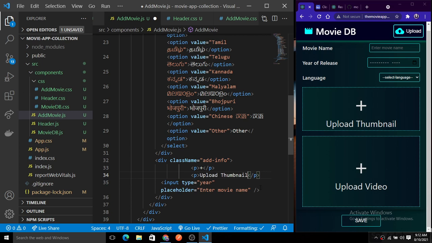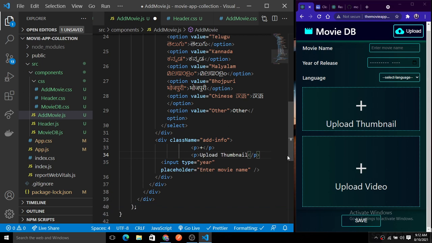Okay, so then we have an image, we have an input field there, and there will be an upload media class. So we just need to call a class that is upload media. So first, initially, we have added these things. Later we will add the features of how the uploading and all these things are working there.